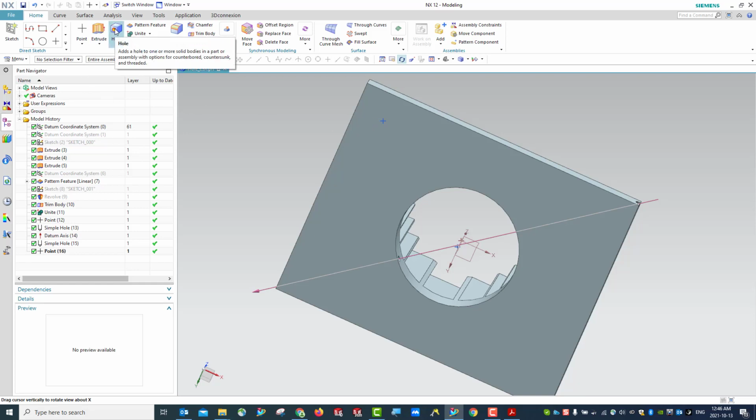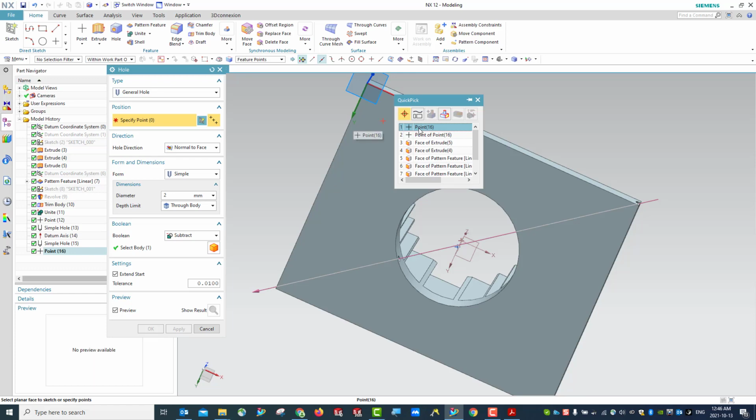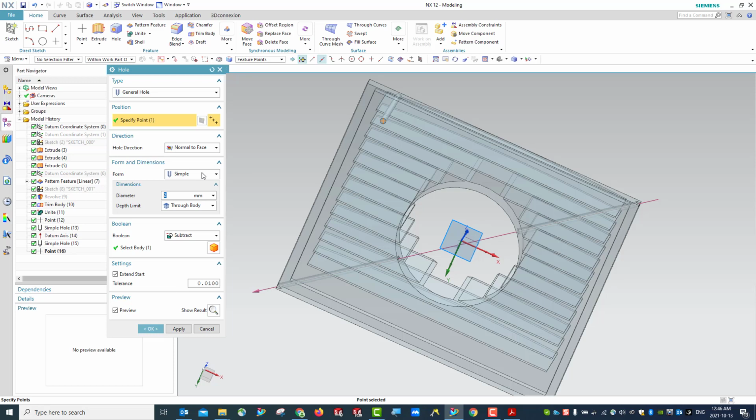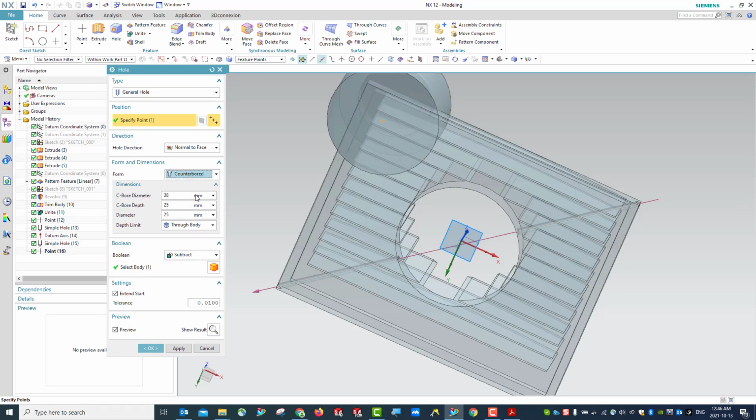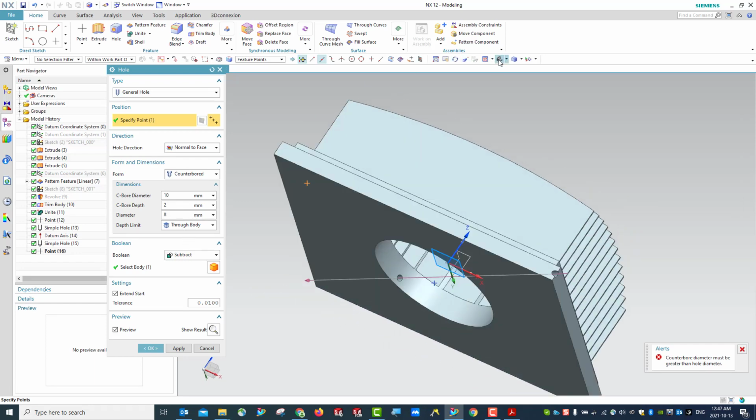Now we're going to create the hole. So we're going to use the hole normal to the face. We would like to choose this existing point, which is point 16. And you can see here it's a simple hole, but we would like to get a counterbore hole. This time we're going to get the counterbore 10 mm. Depth will be 2 mm, and the diameter will be 8 mm. If we use a through body,